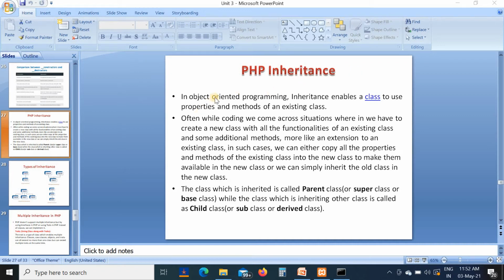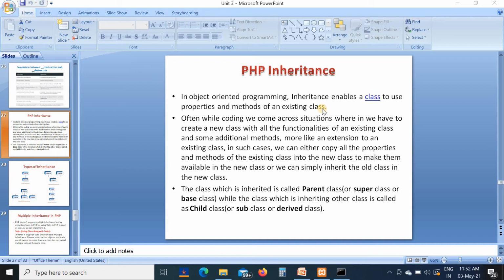In object-oriented programming, inheritance enables a class to use properties and methods of an existing class, because we are creating a class by using an old defined class.